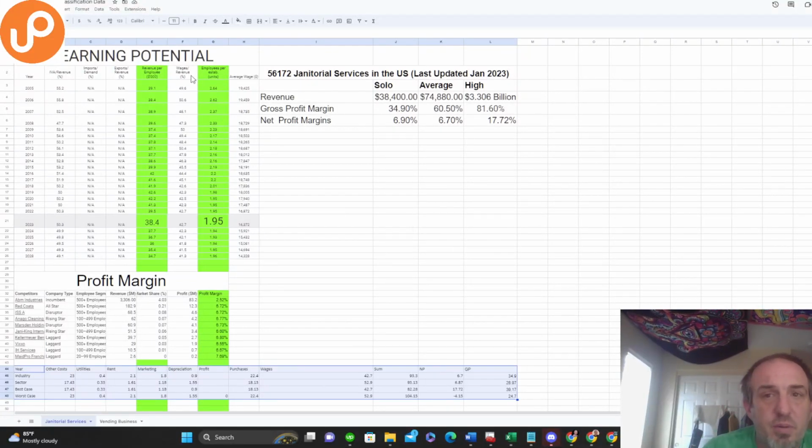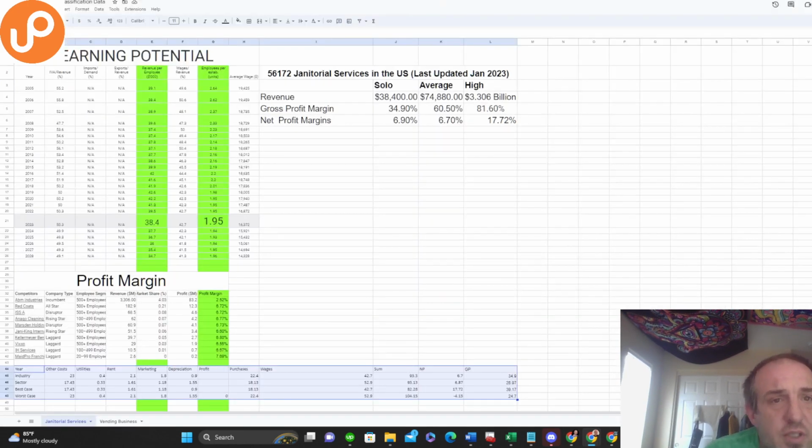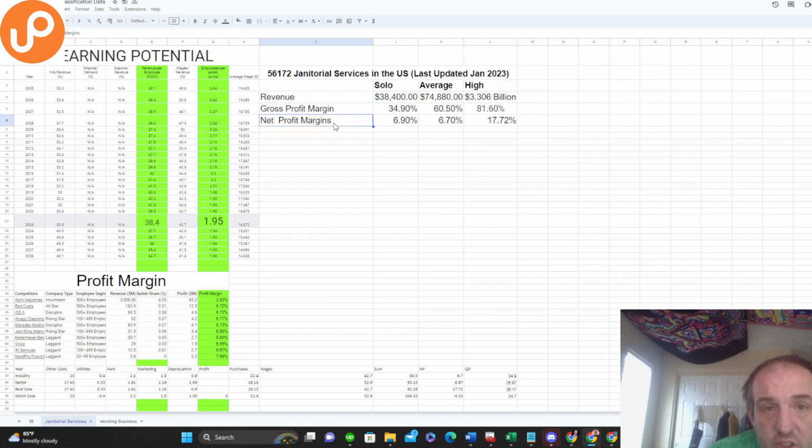Okay, so this is the part that gets a bit challenging. So now what we're trying to find is gross profit margins and net profit margins. And there's a few places you can find them. And depending on how they calculate it, there's different numbers. So I kind of try to get a feel of what's the right number, which this is something that y'all may have a really hard time